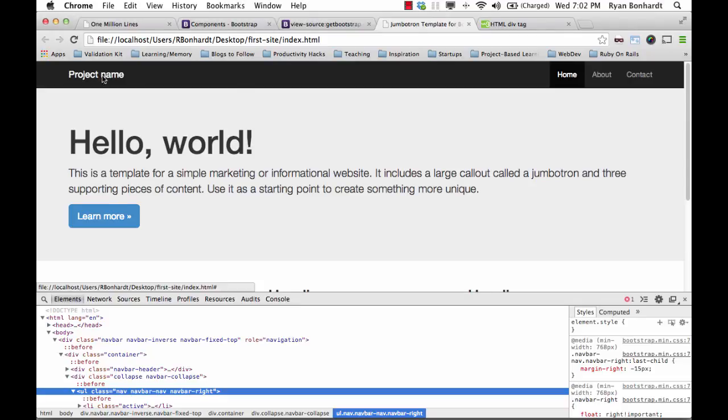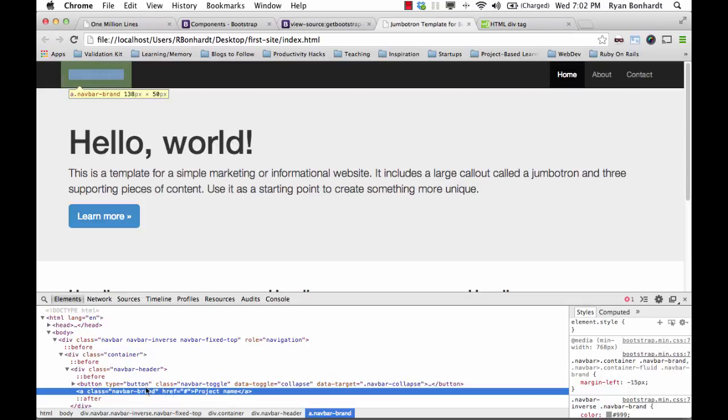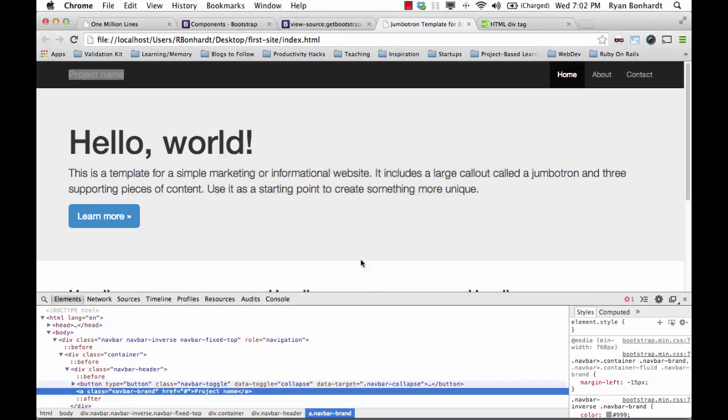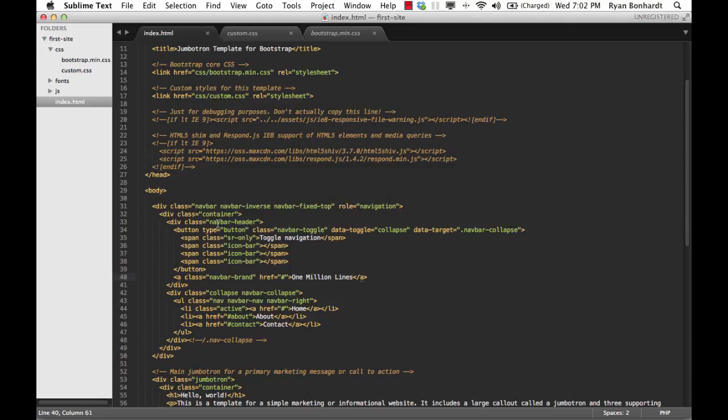Now we have project name here. So it's right here under navbar-header, a class navbar-brand, project name. We want to change that to 1 million lines. Save that. Awesome. We have that. So we have 1 million lines, and then we want to change these to the right